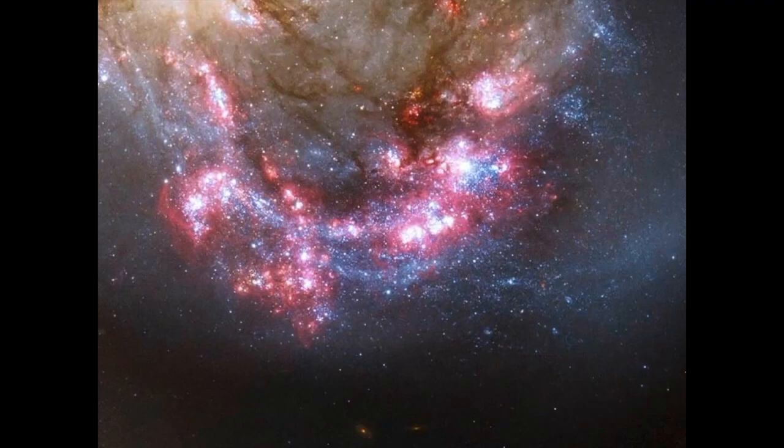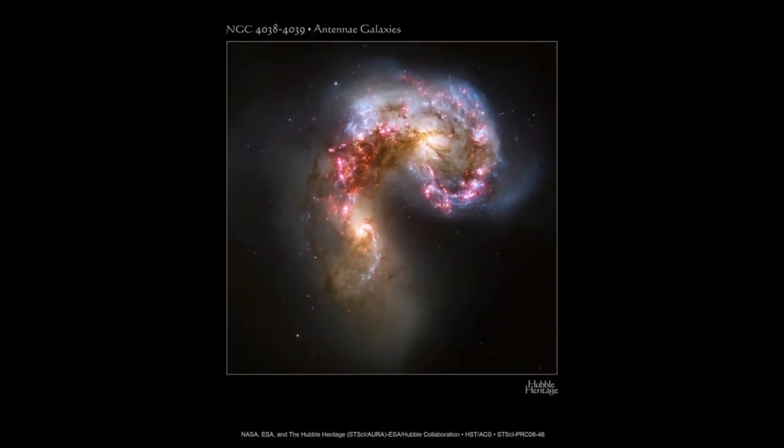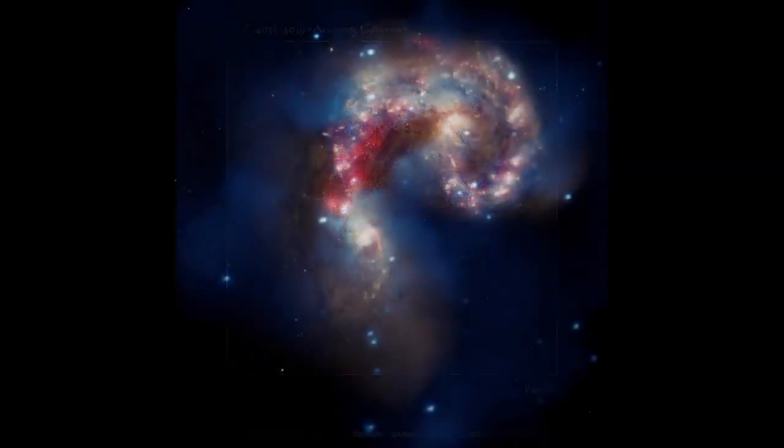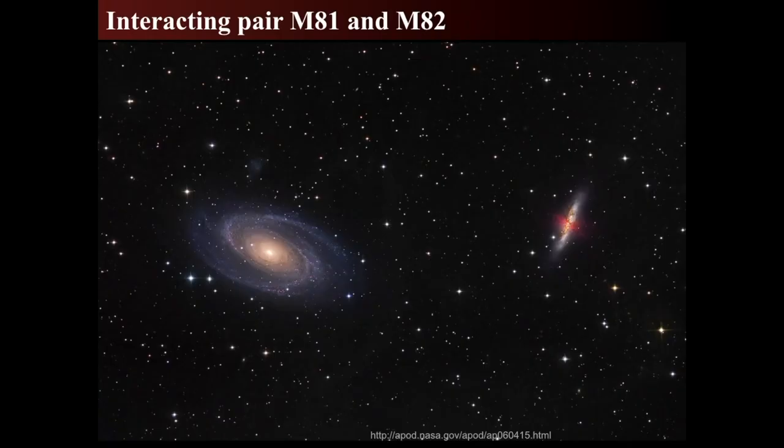And the pink glow is, of course, hydrogen. The dark areas are dust, and the glows of the stars are actually tens of thousands of hot O and B type stars, all seen in one galaxy group called the antennae, the core of a pair of interacting galaxies. And here it is also in the ALMA array, which is in microwaves, which will show where a lot more gas and dust are. All right, so another great interacting pair is M81 and M82, and they are a classic